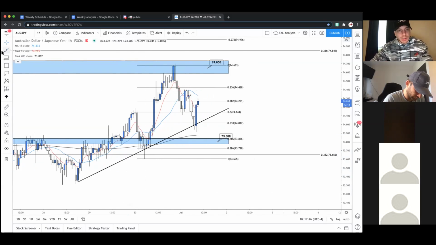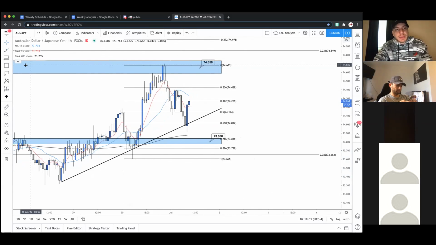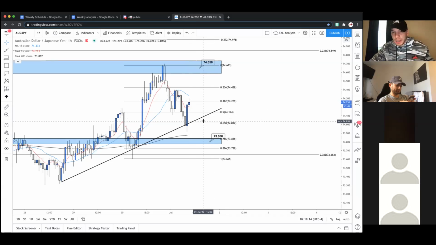Good looking chart. But we hit the 74.65 handle. It came back for a retest, and now we're finding massive rejection off the 61.8. So this is great. This is a great sign. We have a nice engulfing there. There could be an entry opportunity in here. You just want to get some more confirmations, like this MA cross. I would have liked some more consolidation. Let the MAs catch up for a second, and then give us an MA cross with a good size bullish engulfing. You could have entered on that.